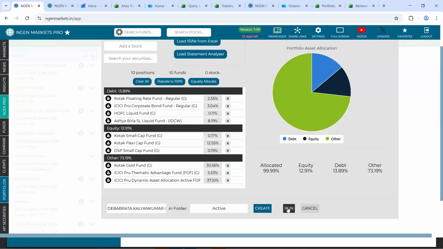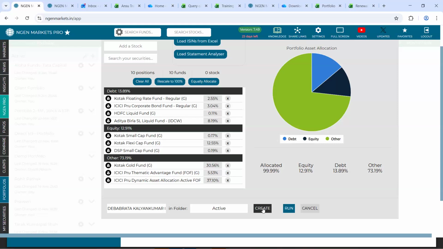Now, if you click on run, you will be able to do a portfolio analysis. However, the portfolio will not be saved onto your login. You will be required to do the total process all over again. Hence, we say that every time you should click on create so that your portfolio will get saved onto your login.